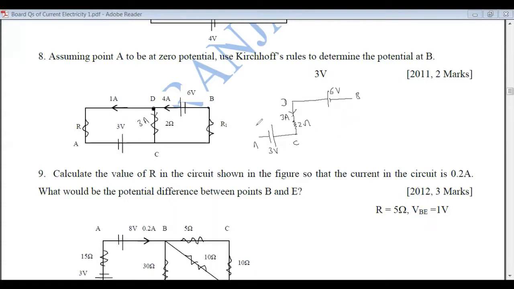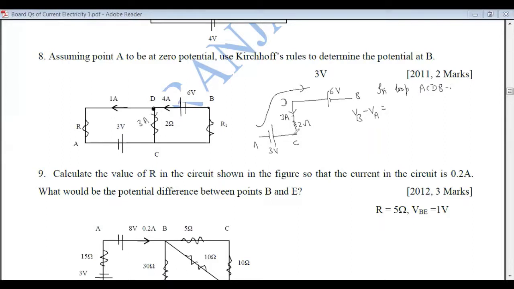Now we consider the direction from ACDB. So, in the loop, or you can say considering the direction ACDB, what do we get? We get the potential difference between these 2 points, that is, we get VB minus VA. Now let us apply the Kirchhoff's second rule.